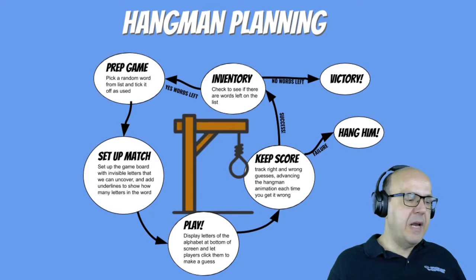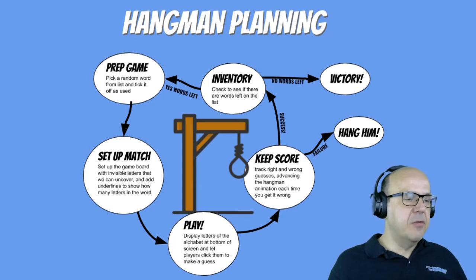As soon as we click on one of these, it's going to send a message saying, hey, figure out whether this was one of the letters in the word or not. Then after that, we go and evaluate. We keep score by checking how many right and how many wrong answers we have. And if we got a wrong answer, we of course have to hang ourselves. We take one step further along the chain towards being hanged. Or if we get the question right, we'll be able to keep guessing. And the idea is that